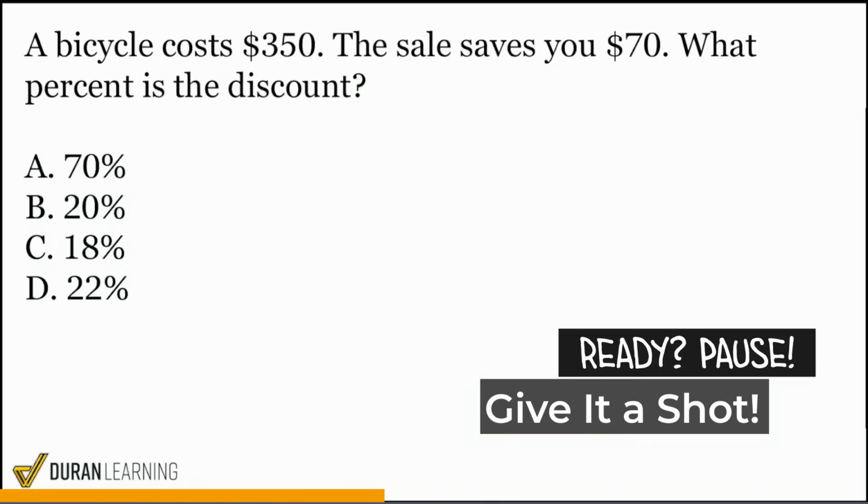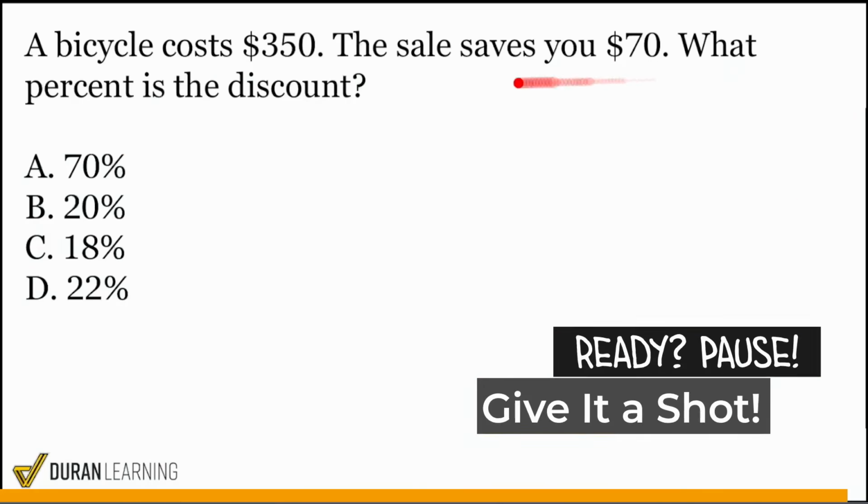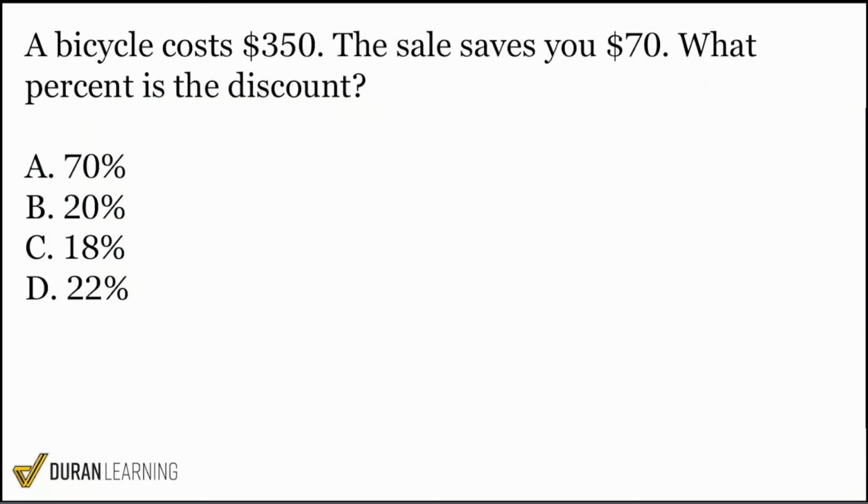All right, in this next problem, what we're trying to find here is what percent is the discount? Okay, so to find the discount here, we're going to have to understand any information that relates to the discount. So one more time, we're looking for the percent of the discount, and we see all that here. So when we read through the information, we see that we have this bicycle that costs $350, and a sale saves you $70. So right there, we know what the bike costs, $350 originally, and then we have that $70